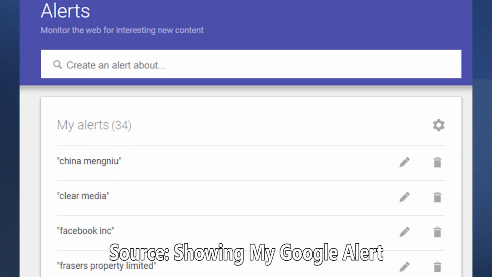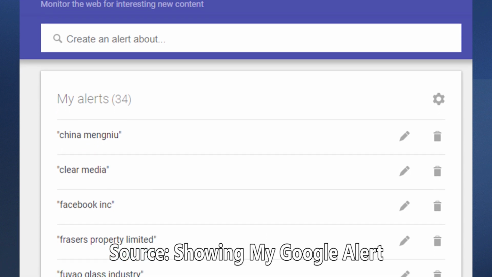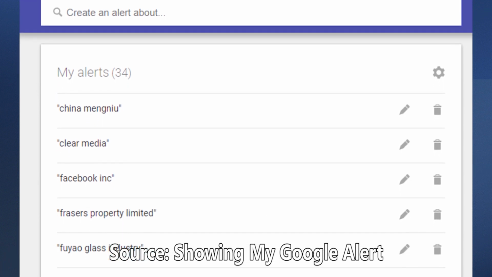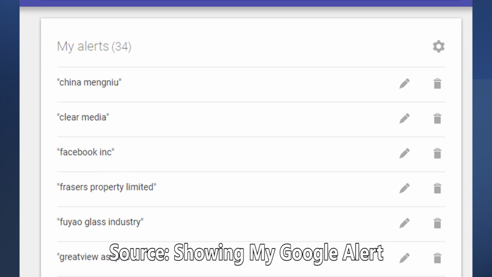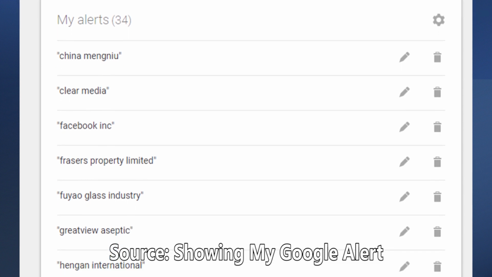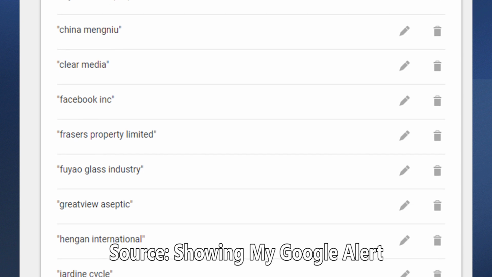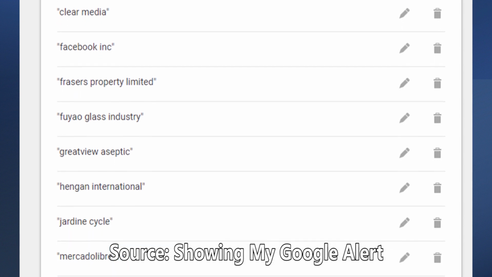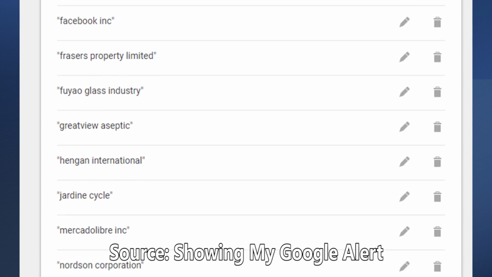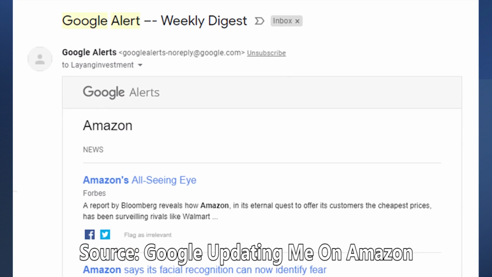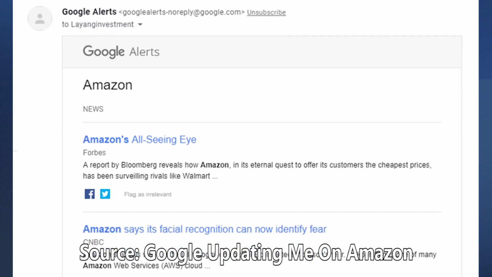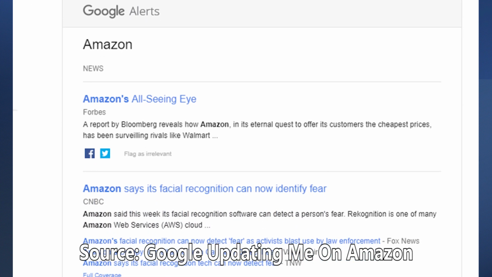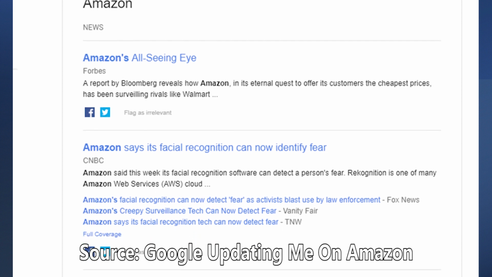And for other stocks outside of the US, I tend to use Google Alert. It is a free service by Google to alert us on any keywords that we want to track. So instead of Googling every stock that you own to find updates on them, we can just enter in the company name or the ticker into Google Alert, and Google will send you an email notification every single time there is a news article or video about your stock. You can even set your notification to either a daily or weekly instance. In this way, you don't have to be bombarded with emails from Google every single day.